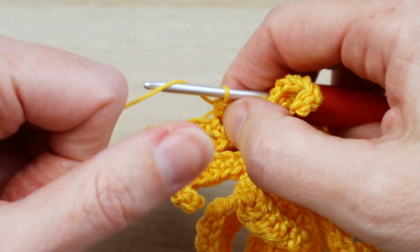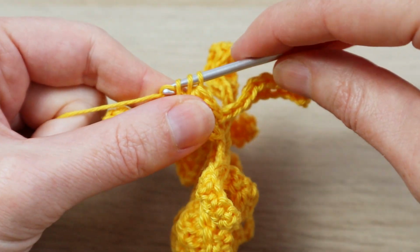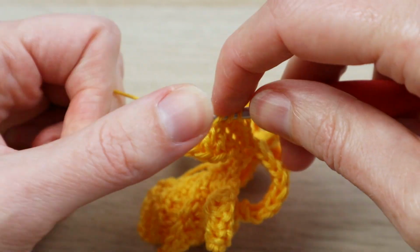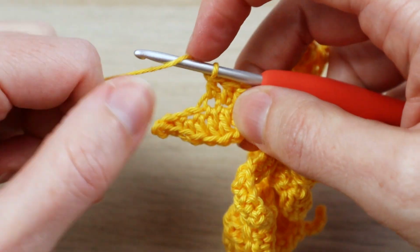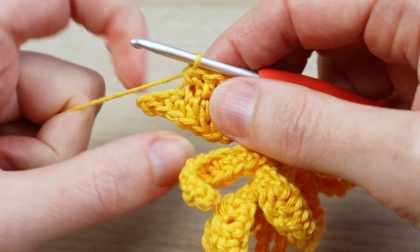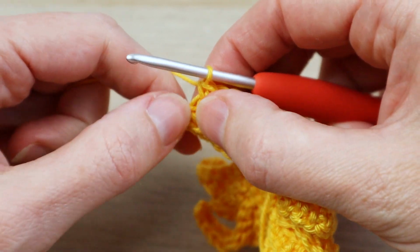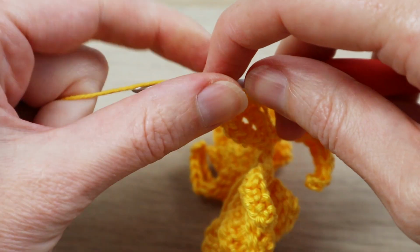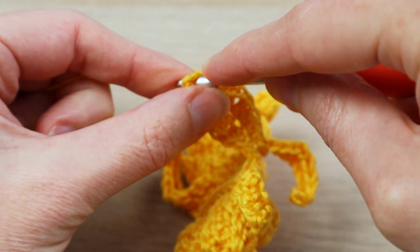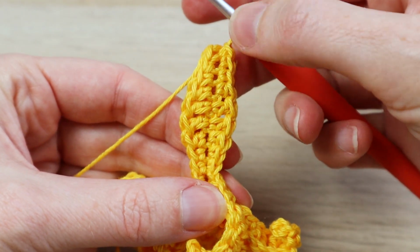half double crochet. Then we want to do 1 double crochet in the next 2, so double crochet in the next chain, double crochet in the next chain, then a half double crochet in the next chain, then we did 1 single crochet in the next 2 chains, so a single crochet in there, single crochet in there, and we want to end on a slip stitch. So in the very last chain, it's a little bit difficult to see, but in there we do a slip stitch. Okay, and now we're at the top of our petal and we've completed our first petal,